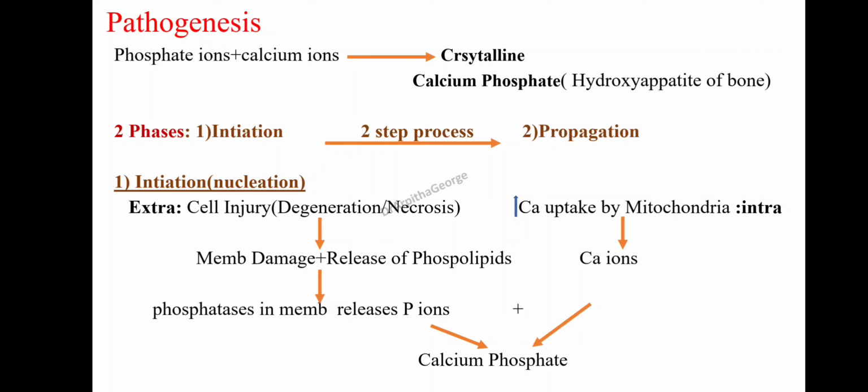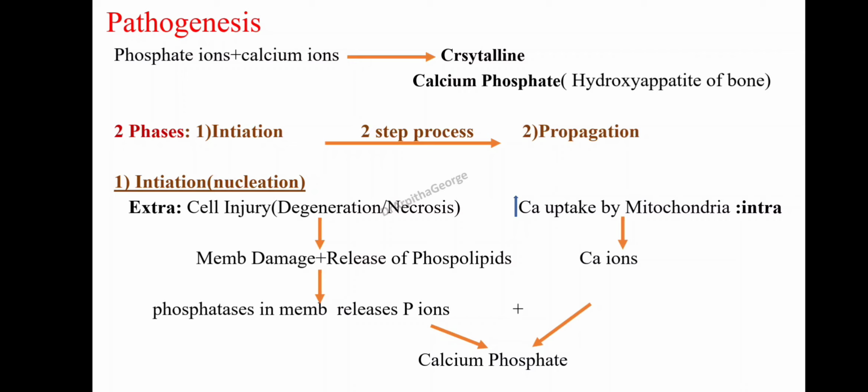As you can see, I have written necrosis. Since the tissue is already dead, and the tissue has a cell membrane, it is going to release phospholipids. After the release of phospholipids, what happens? Soon one enzyme will come, which is the enzyme phosphatase. This phosphatase enzyme will come and convert these phospholipids into phosphate ions. Once again, there will be a death of tissue. Necrosis is going to happen in dystrophic calcification. It's like a step ahead of the necrosis.